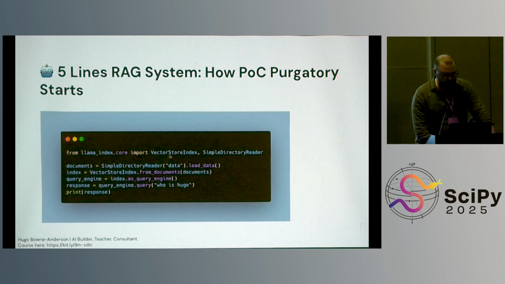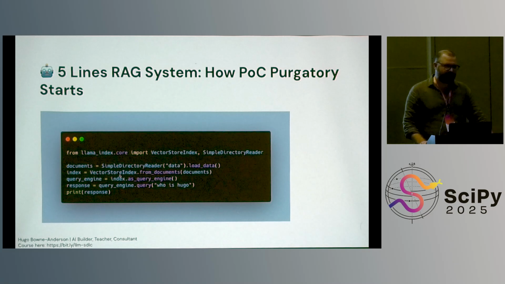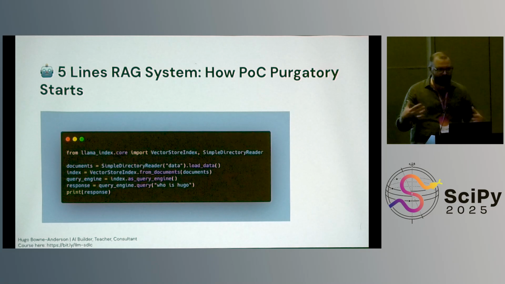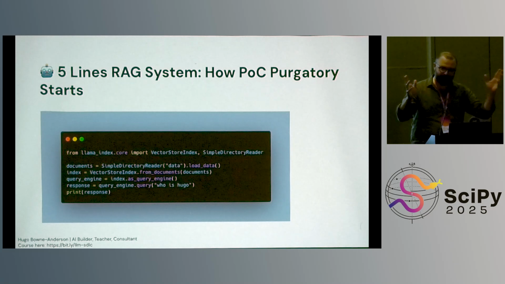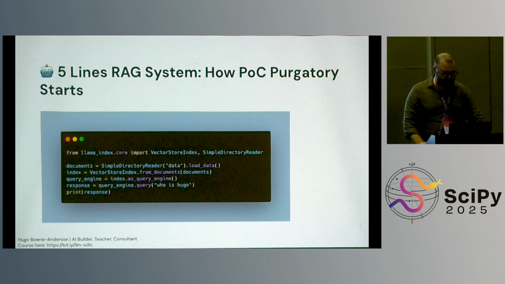So we can see, we've got our imports, then a data folder which we're loading into a directory reader, which is our documents. Then we're creating this vector store. If you don't know much about vector stores, that's cool, but essentially it chunks the documents in a particular way and then embeds them somehow, so you have some embedding mathematical representation of them. Then we set up the query engine, and then we give this query, who is Hugo? And I use my LinkedIn profile for this.